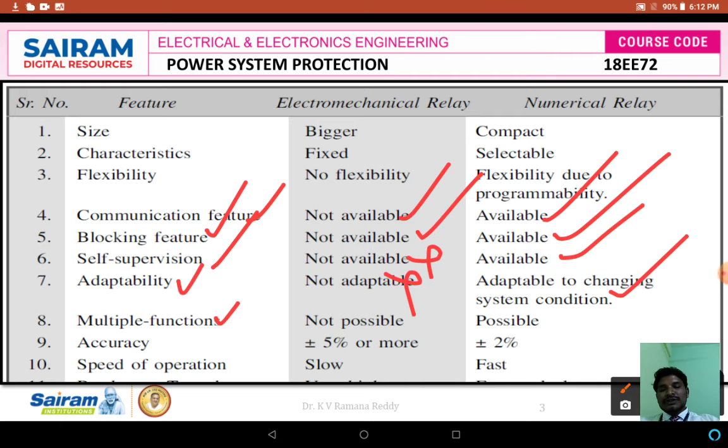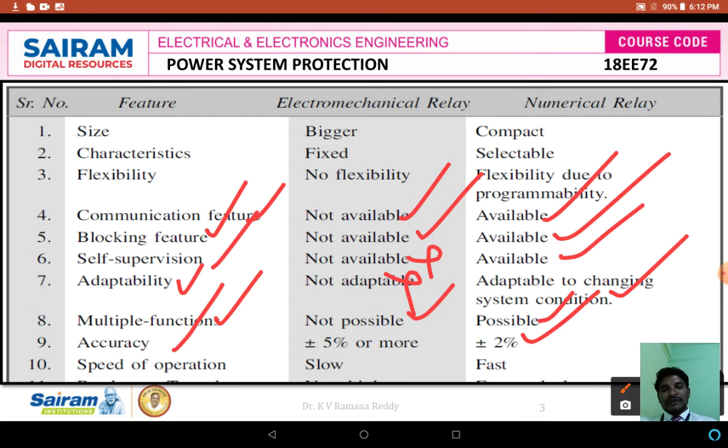The next feature is called multiple functions. Multiple functions means we can sense line current, line voltage, phase angle. All that is possible in a numerical relay, but it is not possible in an electromechanical relay. And let us see accuracy. The accuracy of a numerical relay is plus or minus 2%, because it iterates 2 times, 3 times to give a better output based upon its memory and intelligence.